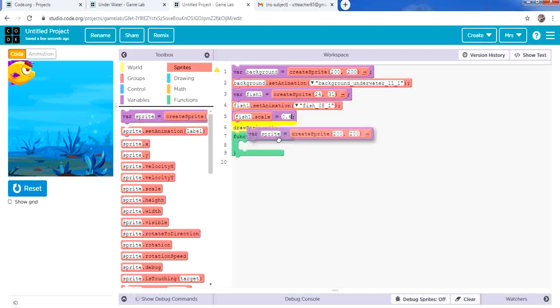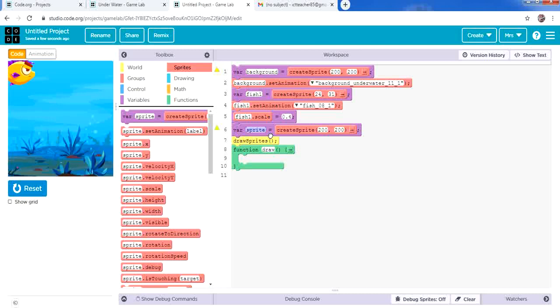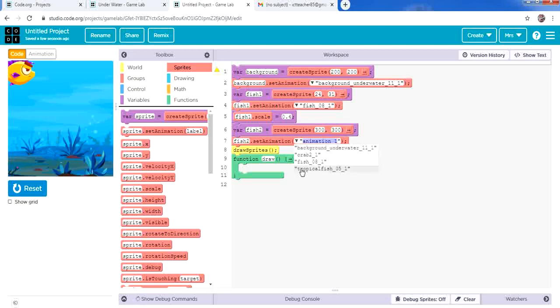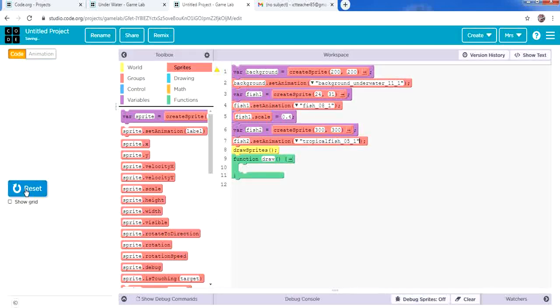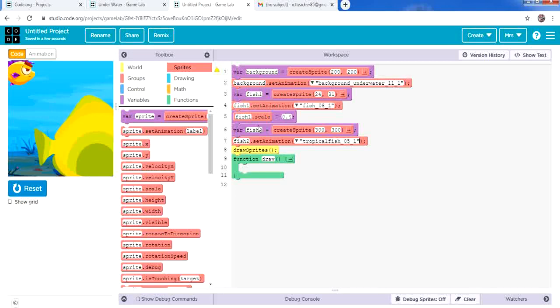So var sprite again, this time it will be fish 2, and we're going to change the x to be 300 and the y to be 300. Then we're going to set our animation to be fish 2, and from the drop-down menu we're going to select the tropical fish. Okay, and run. It's too big again, so we're going to drag